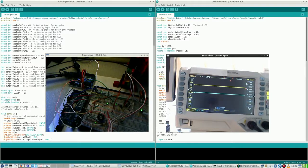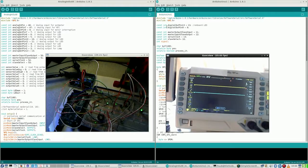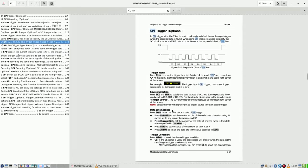Then a piece of mystery, because as this manual also says, you need SDA. Now that's a bit confusing, because there's no SDA in here. There's master output slave input, master input slave output, serial clock, slave select. So what is SDA? Yes, according to the manual, I have put it on channel 2, and this is the channel 2 probe, not connected yet. So, very big question. What is sending it? Data line setting. Yeah, right. So I assume